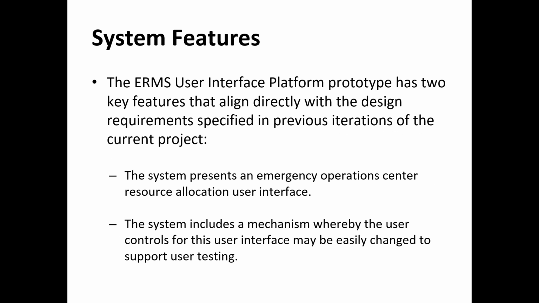The ERMS User Interface Platform Prototype has two key features that align directly with the design requirements specified in previous iterations of the current project. These features are also the culmination of a significant amount of research that was done in conjunction with the Alachua County Emergency Operations Center personnel. The system presents an Emergency Operations Center resource allocation user interface, and the system includes a mechanism whereby the user controls for this user interface may be easily changed to support user